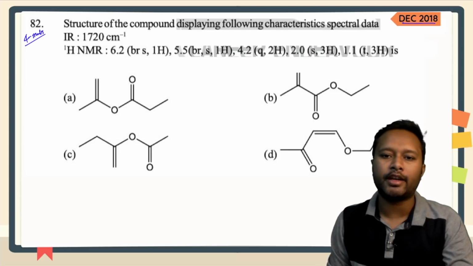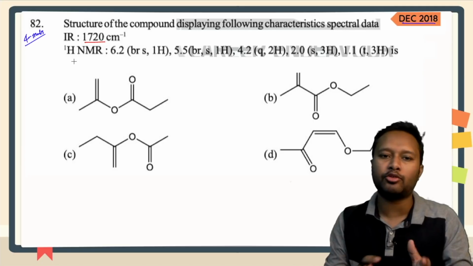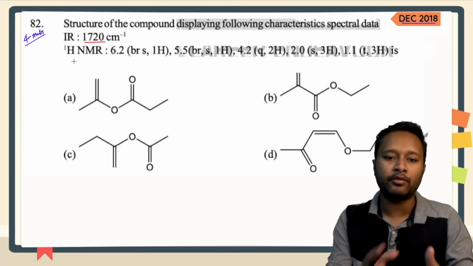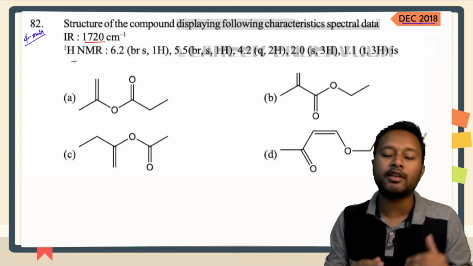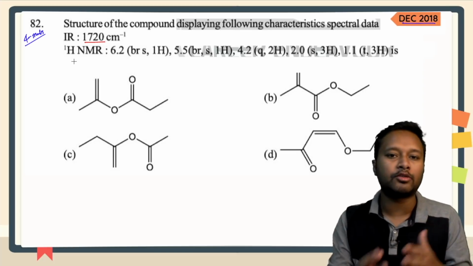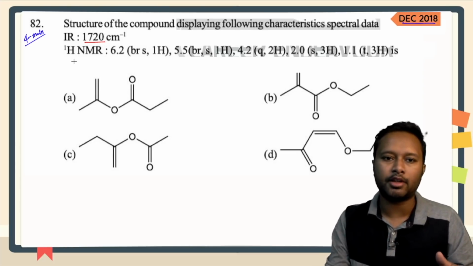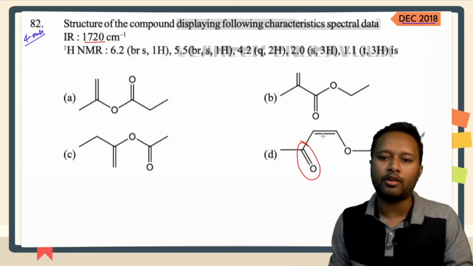Alright, to analyze it, first of all go with the IR data. 1720 cm⁻¹. I already told you in the previous question that 1720 to 1725 is the range we get due to conjugated esters, and if you look at the options, most of the options have ester groups. An ester gives you a value at 1750, but a conjugated ester has a little lower value. Is there any other option apart from the ester? Yes, you have option D where you just have a ketone, and although